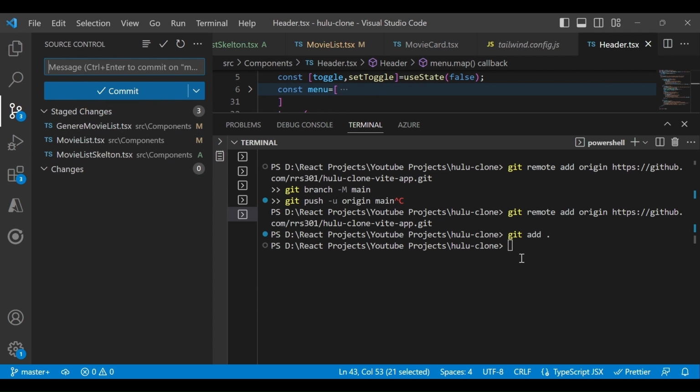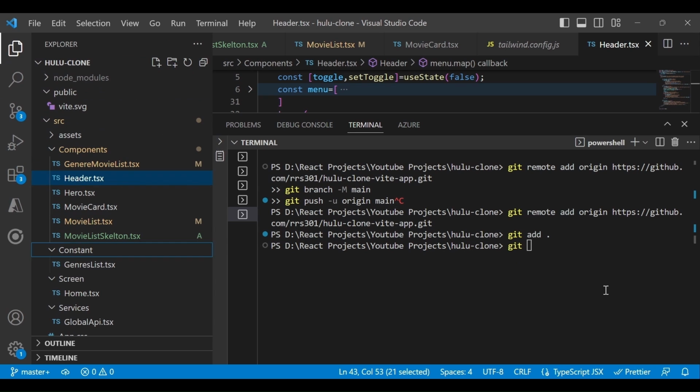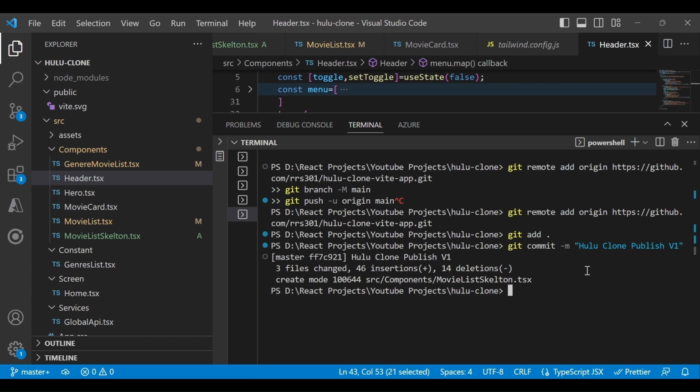Then just type git commit, and give the message. We'll say hulu clone publish version 1, for example, and enter.